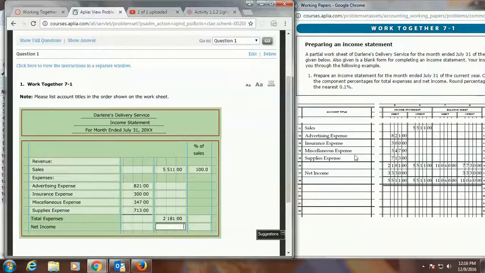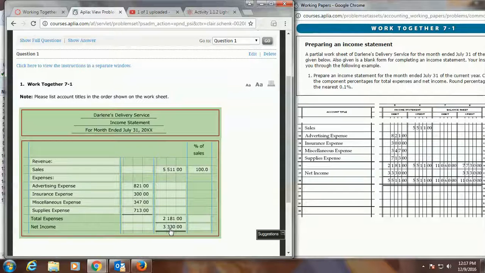Okay, and then also I can see that my net income is also there on my worksheet. So $3,330 is my net income. And it double rules it, so it looks nice and neat. Those mean things to accountants. But basically I took the 5,511 minus the 2,181. It gives me a net income of 3,330. So now I'm ready to calculate the